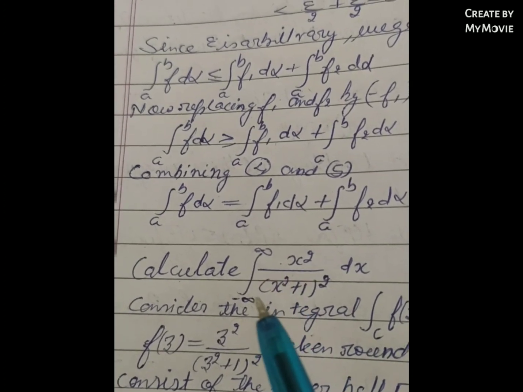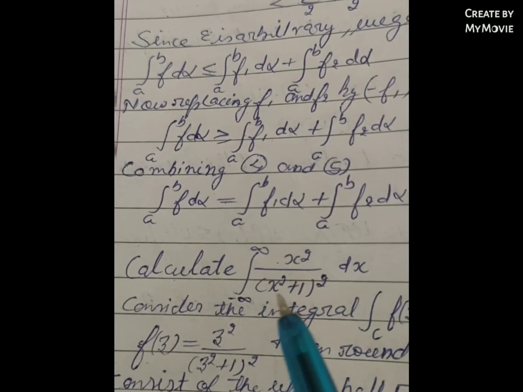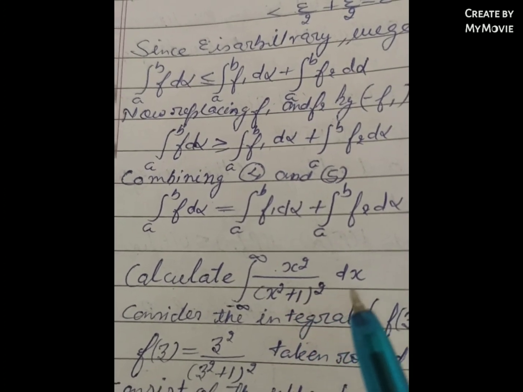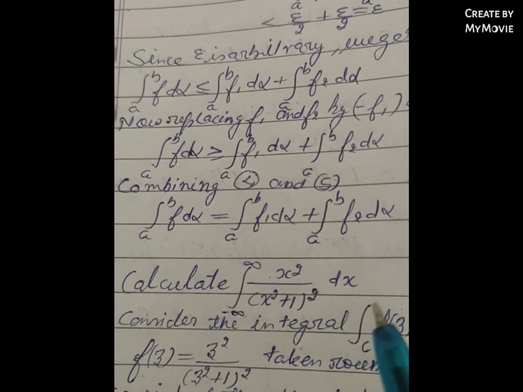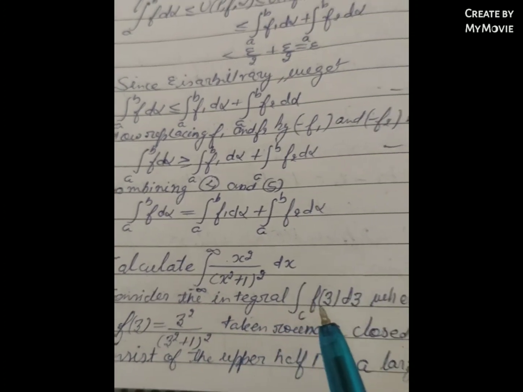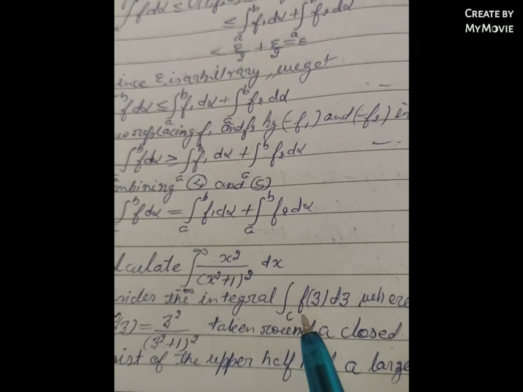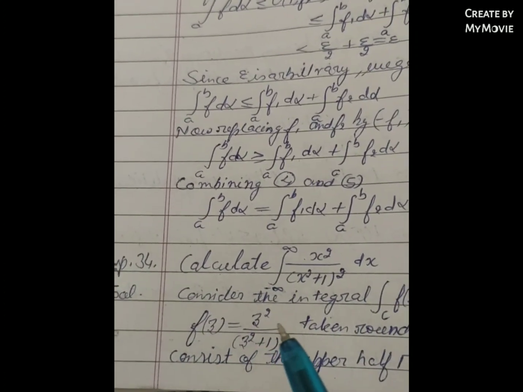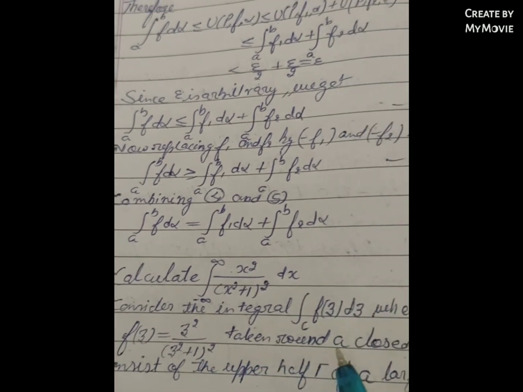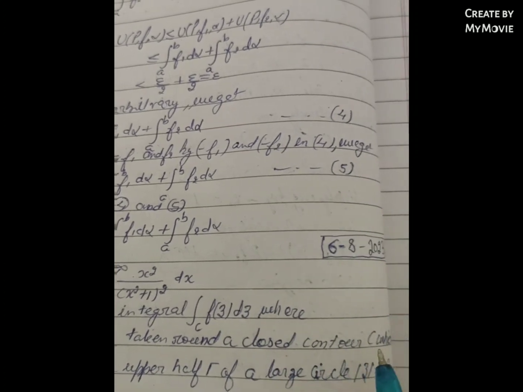Calculate the integral from minus infinity to infinity of x squared upon (x squared plus 1) whole squared dx. Now consider the integral over C of f(z) dz, where f(z) is equal to z squared upon (z squared plus 1) whole squared, taken round a closed contour